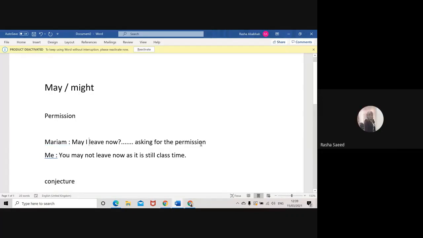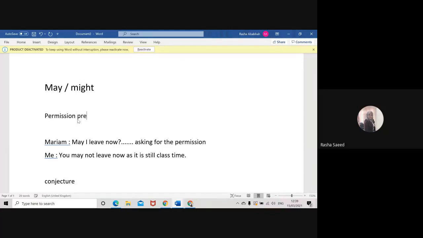Okay. So you found the difference? In this case, yeah, I was saying let's move away from the permission. It's the same. Both of them refer to permission, but one of them comes in the form of a question, and the other comes in the form of a statement. And by the way, this permission can be either for the